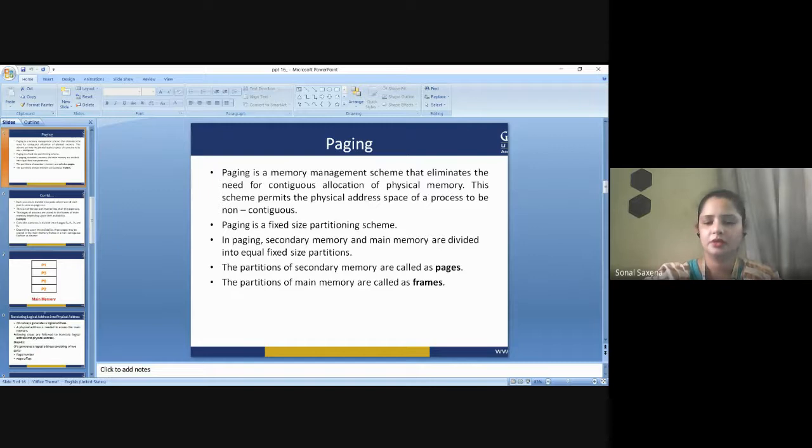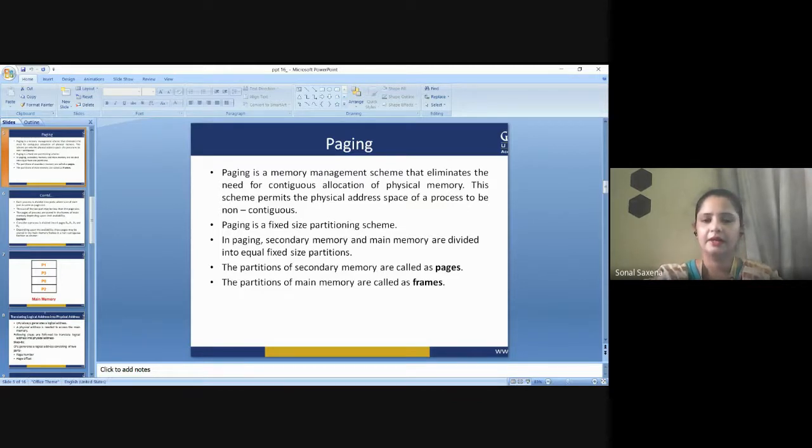your disk memory, or the secondary memory, will be divided into equal fixed-size partitions. Like we are dividing our main memory into equal partitions, similarly we are dividing our secondary memory with equal size partitions. Now understand an important concept. You have to remember it, because if you intermingle or exchange the words while working with them, you'll get confused and may end up with wrong numericals or wrong answers. So this has to be memorized.